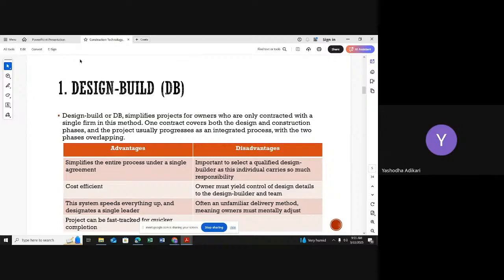Based on that contract, we have to do the construction activities. Imagine like this: my design part is completed by a different person, and my construction part is going to be done by a different person. The design is done by a different company, and the construction is done by another different company. Imagine like that, right? Now I want to do a small change to my house. First of all, I have to contact my design team again. If there are two companies, the construction will not start until the design is 100% complete, right? Now I am coming with a design change while construction is going on.